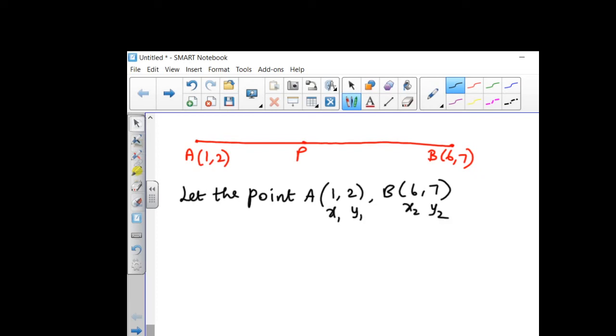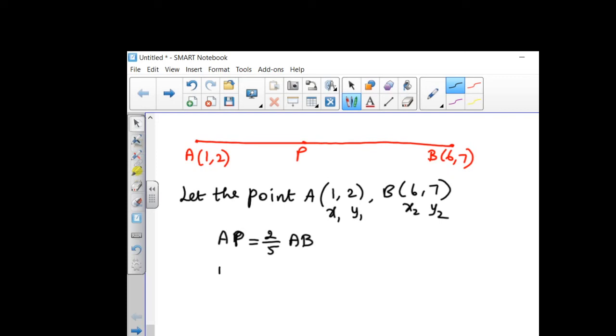Then one more condition is given. What is that? AP is equal to 2 by 5 AB. Okay, that means